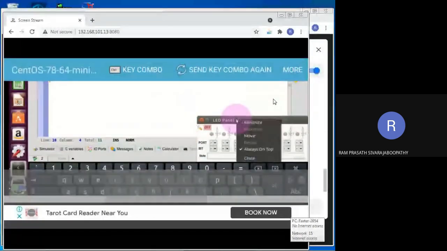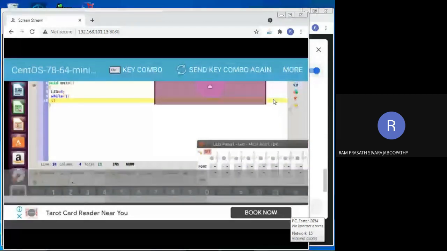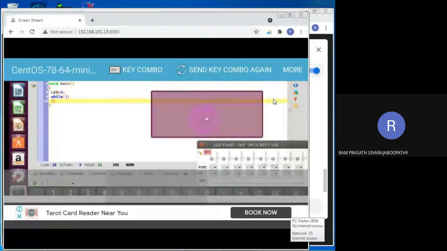Yes, we can move it near to our program. We can move it here.